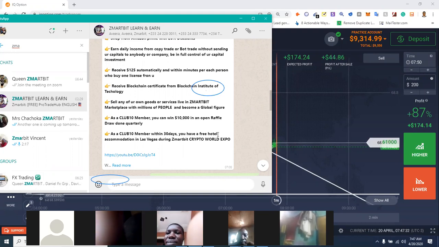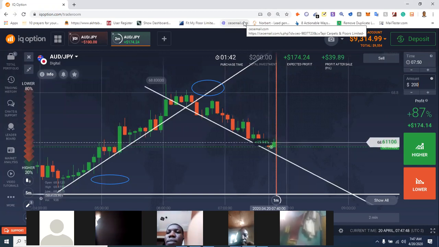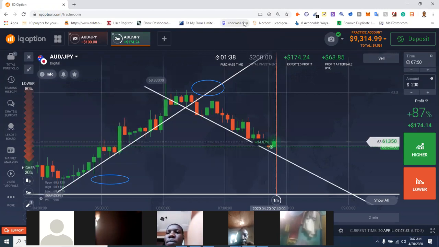You cannot overemphasize this. Another thing is this. Some things are coming up very soon. What are those things? Those of us that do sport betting, I do sport betting. Sport betting is coming. Forex trade is coming. You can set your trade and go to work, unlike this one that you have to be there to check it yourself. But with this one, you can set it once they give you the signal and go to work. Are you getting that? That's beautiful. Sport betting is coming. All these things are coming either this week or next week.